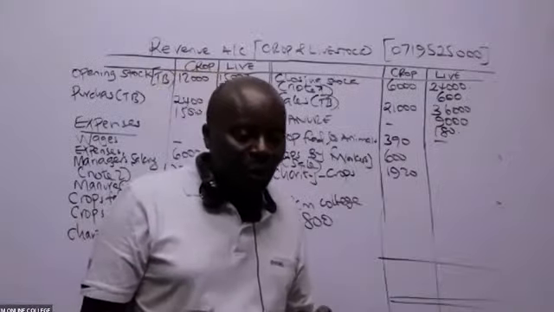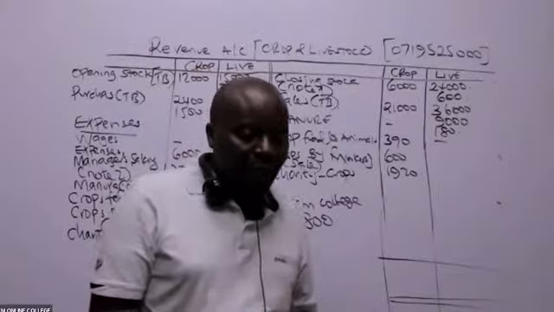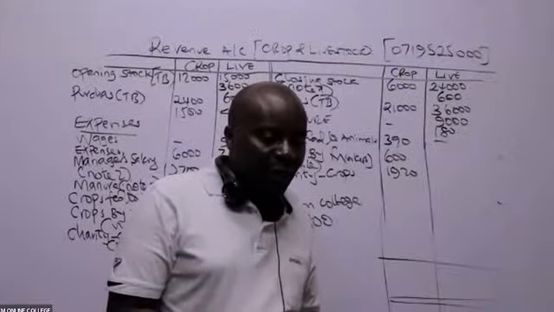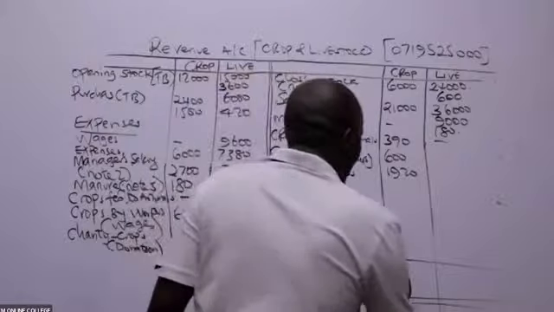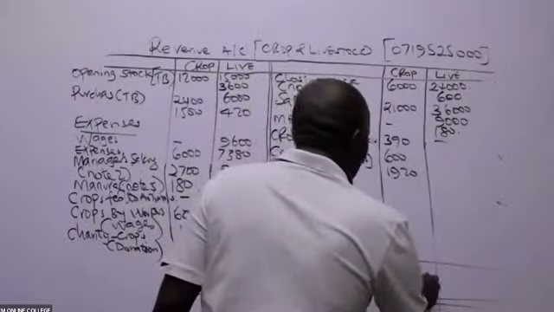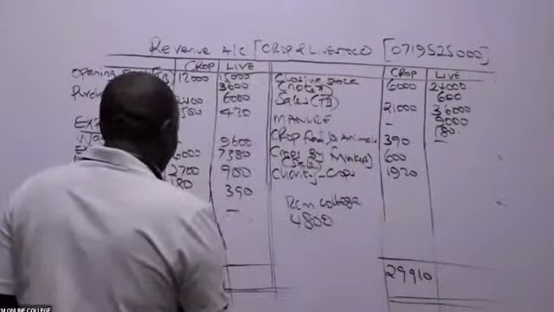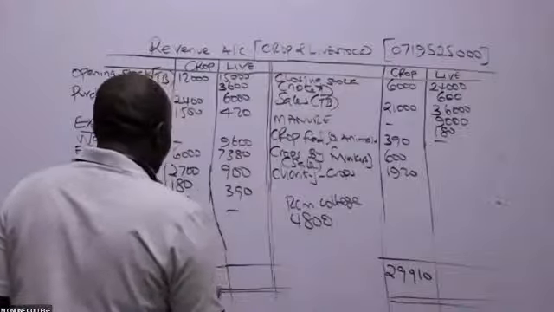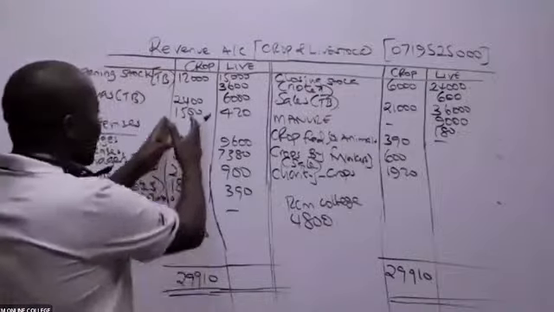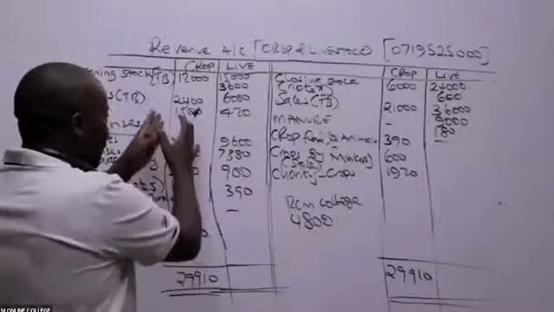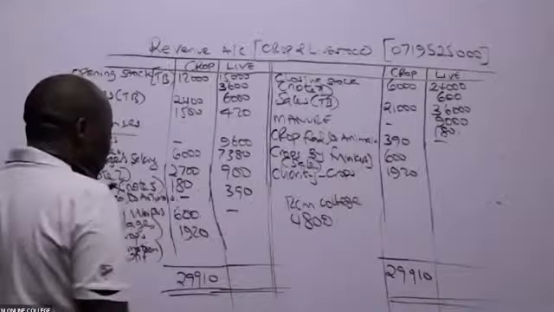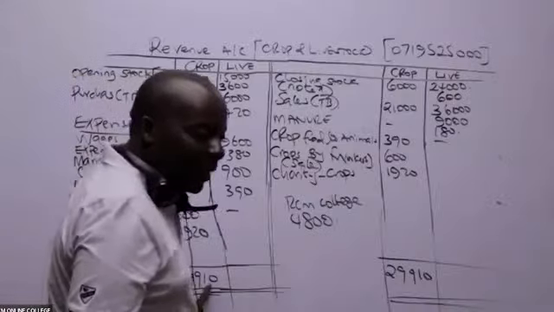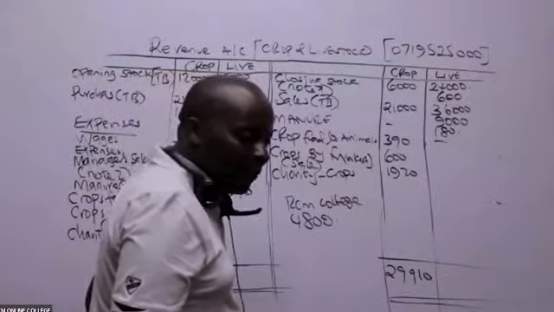So crop, I'm being told the crop is 28,300. Debit, okay. So 29,910 first. So this is bigger. 29,910. And I can see what this gentleman has told me. It means that this side is smaller. For crop, this side is smaller. And therefore, we have a profit. A profit of 29,910 minus what this gentleman gave me as 28,300.